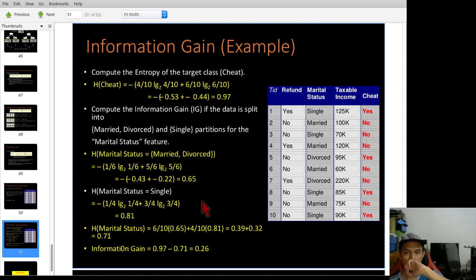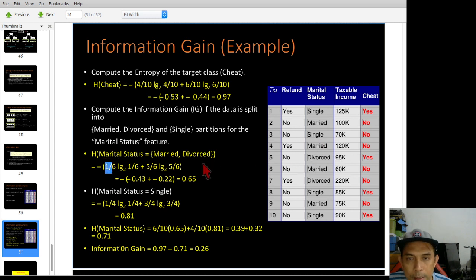For married and divorced, how many fall under it? For positive instances in married and divorced, you only have one instance for yes, so that's why you have 1/6.